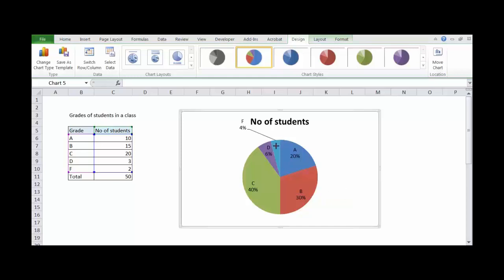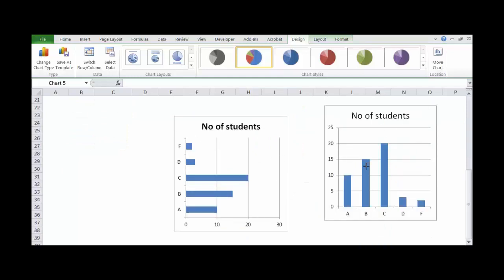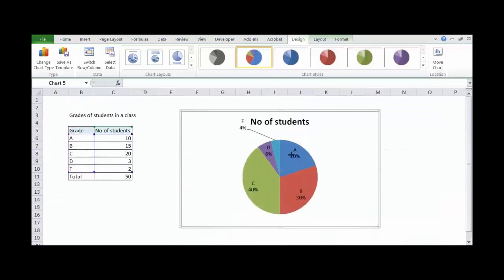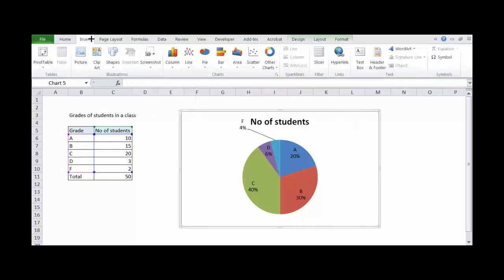However, you see that F is a very small percentage, 4%, D and F are 10%. So many times if there is more data, as an example I have taken only 5 groups over here. If there are, let's say, 10 groups, then a pie chart may not be good. Then you may represent that with a column or a bar chart, which may be much better than the pie charts. When the data points or groups are around 5, 6, then a pie chart can be used. And that too, if there are very small numbers, then this type of pie chart may be problematic. What we can do is go for another type of pie chart.